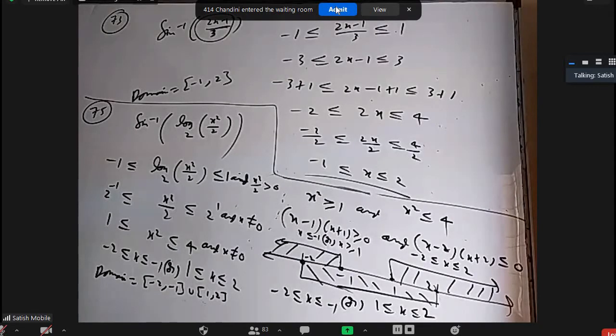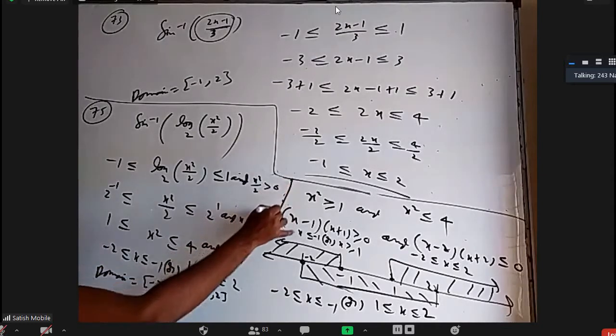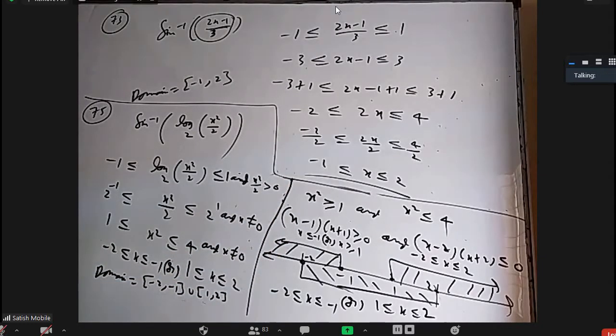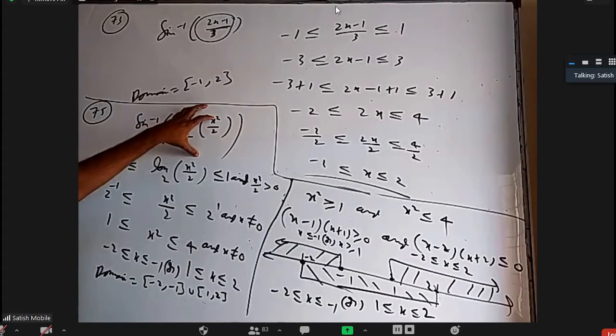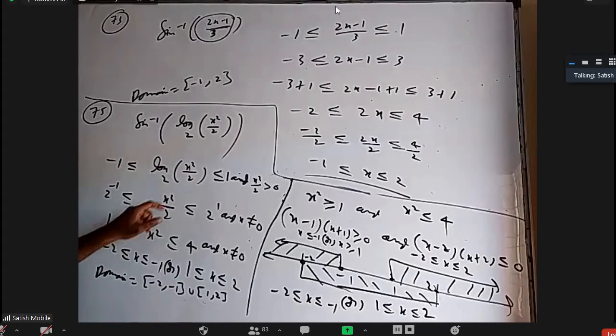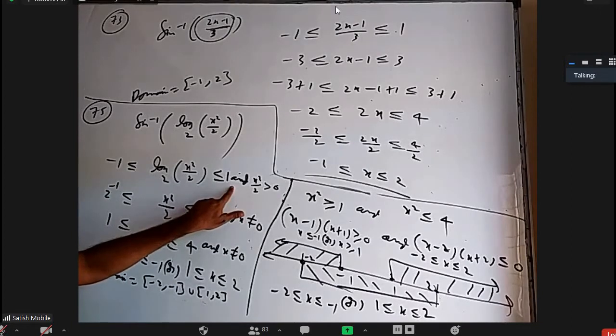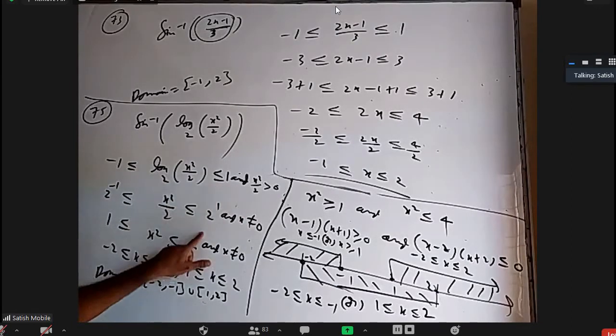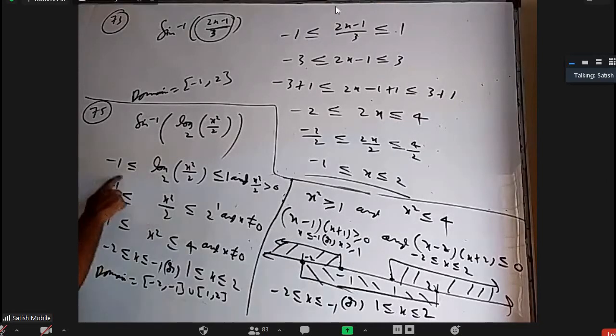Sir, once can you explain the second step, sir? I'll explain it. Sine inverse of something is defined when the inner part is between minus 1 to 1. From here to here, log x base a less than m. What will you do? X less than a power m, right? Yes, sir. So that is this 2 power 1 here. Similarly, 2 power minus 1 here. Means I have not taken minus 1. 2 power here also, 2 power here also. Understood, sir. Okay.